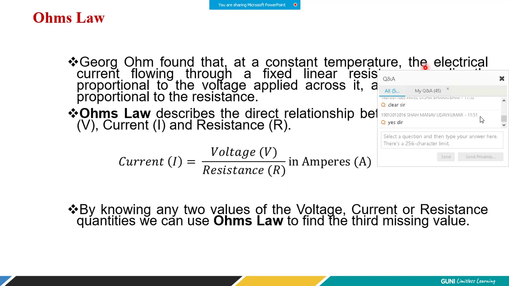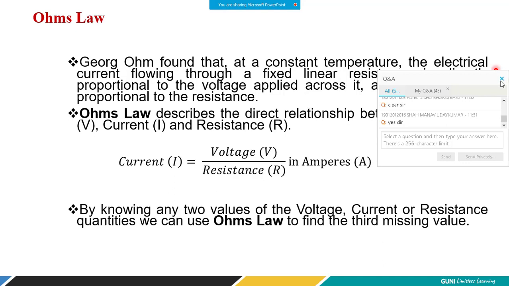Once you remember this formula, V is equal to IR, you can calculate any quantity, whether you want to calculate I or whether you want to calculate R. You can do any calculation, right? So for example, current I is equal to voltage upon R, right? As I said earlier, friends, let's say there is a specific device that I want to connect into my IoT circuit, or I am making some IoT project, and I know that the maximum current that this device will take is, let's say, X. Then current I is equal to voltage upon R, and because I know the I could not be larger than X, I can always find out the value of resistance, and according to that I will make the circuit, right?